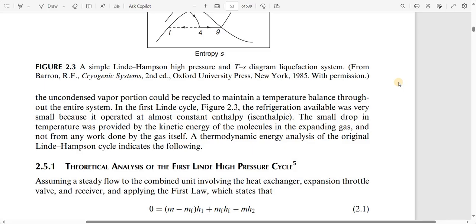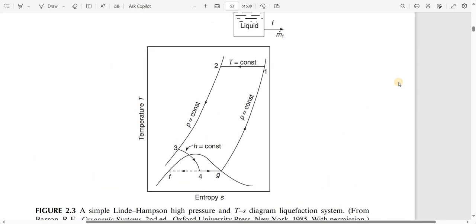A thermodynamic energy analysis of the original Linde-Hampson cycle indicates the following. So when P is constant, the temperature increases. Now here the temperature is constant, and the entropy is decreasing. When temperature is constant, what is the pressure doing? Over here the pressure is increasing, okay. And again, coming back to this,